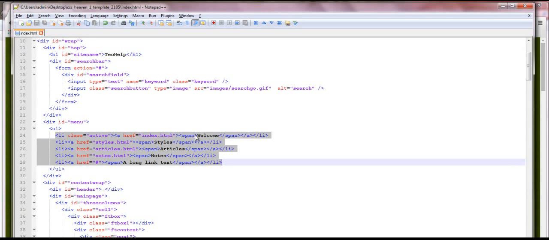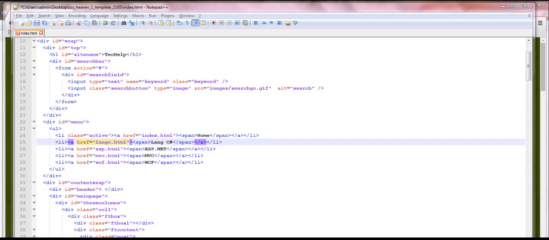See this: welcome, style, article, notes, a long link text. First we edit these as usual into our home, WCF, MVC, C# buttons. So modify that.